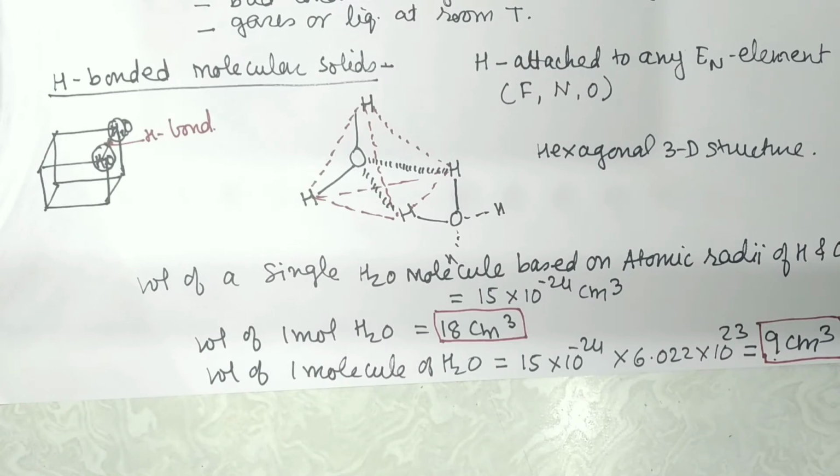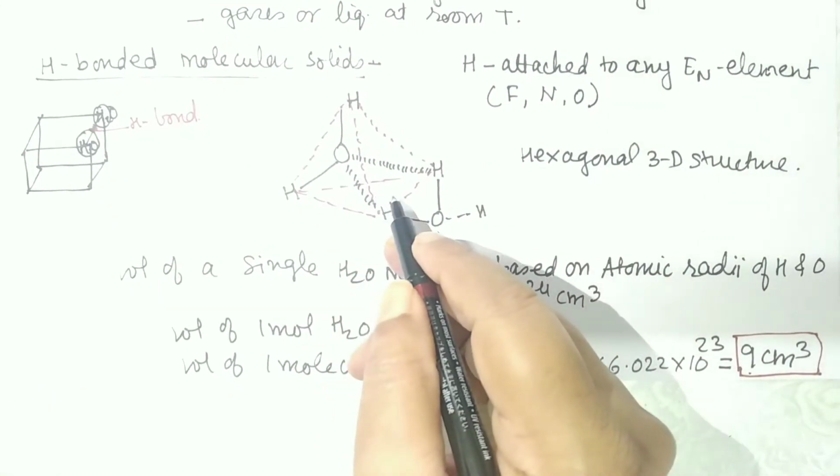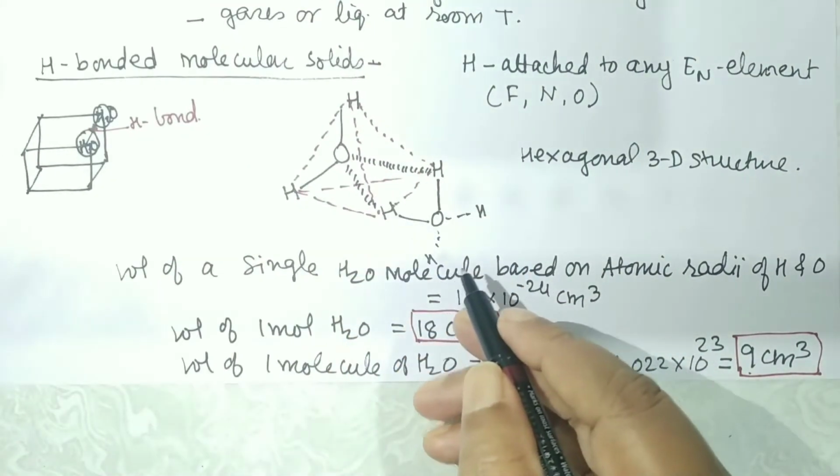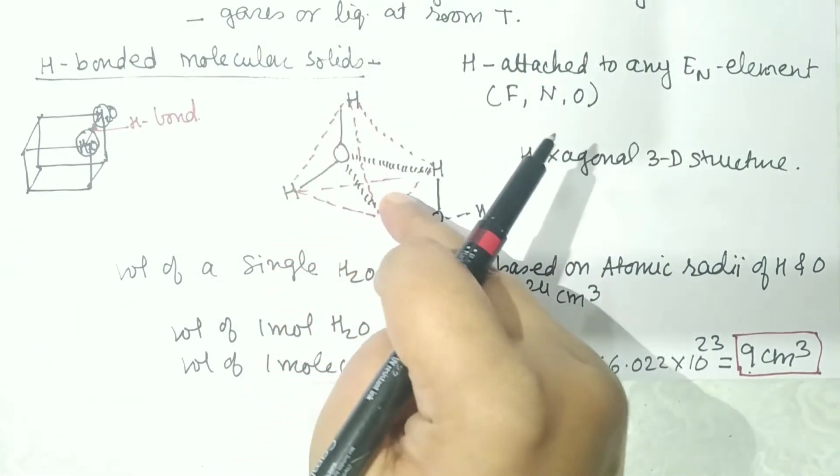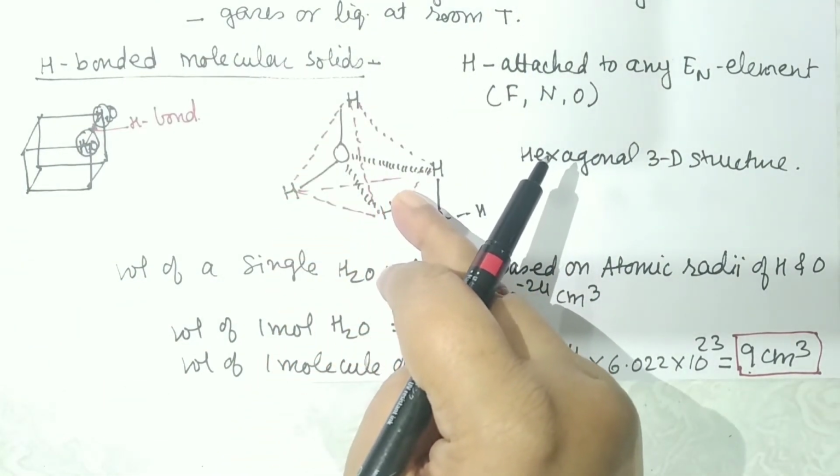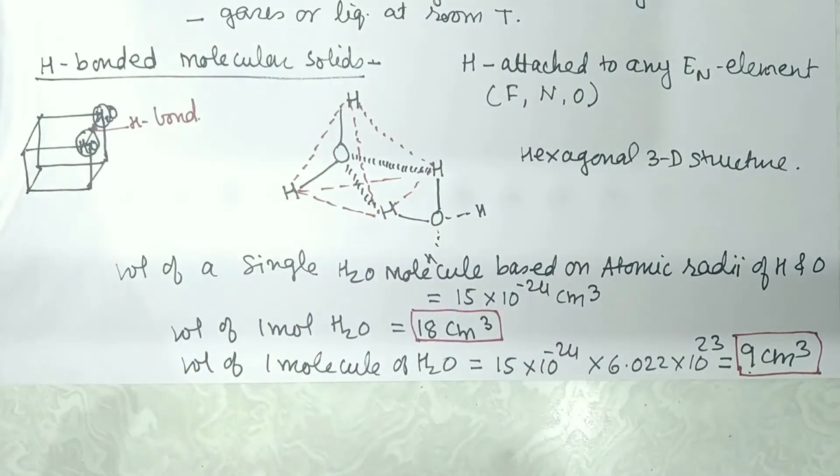This is very important to note: when ice melts, what will happen? Some of the hydrogen bonds are broken, and some of the empty spaces are occupied by water, that is liquid water. And when it becomes solid, it gets solidified with the empty spaces. Because of this, the density of ice is less than that of liquid water. So this is very important to note, why it is lighter and why it floats on liquid water. So this is about the structure of water.